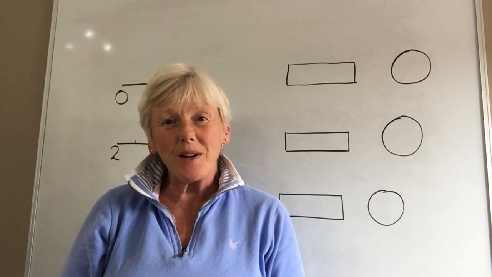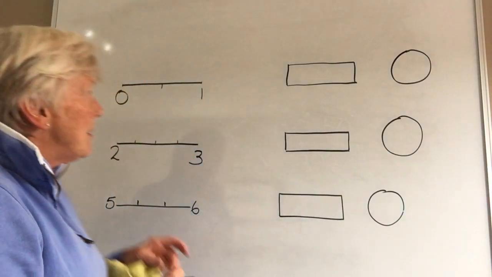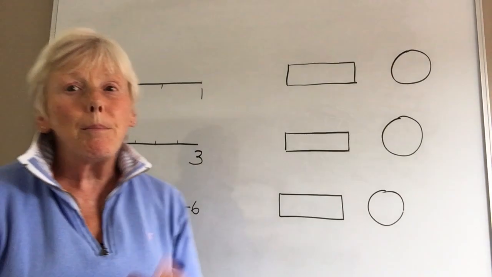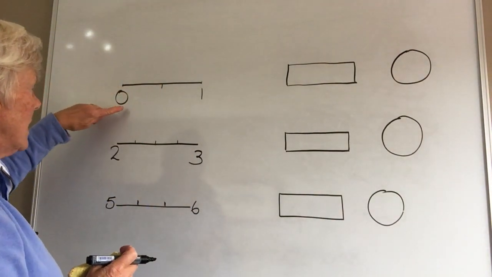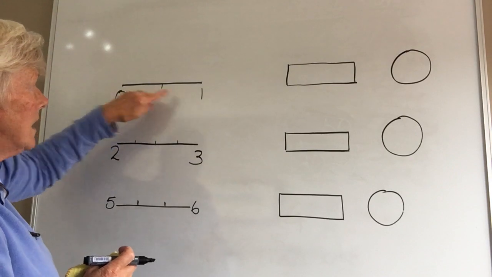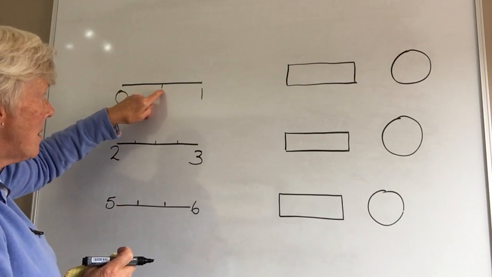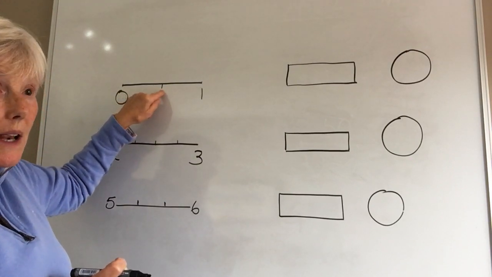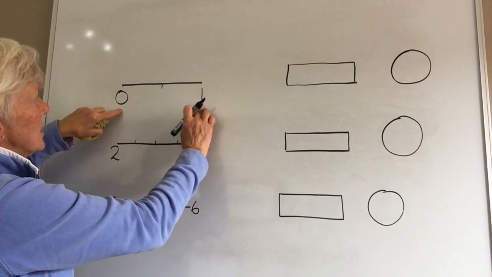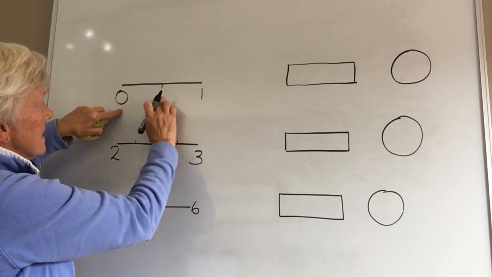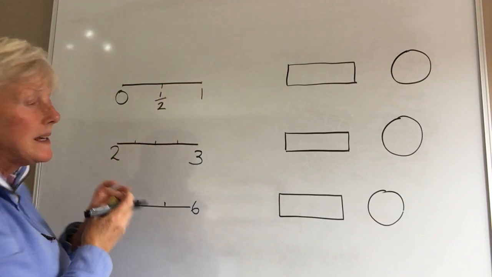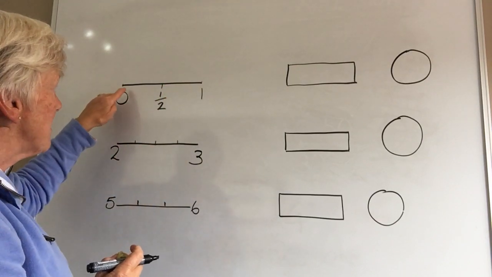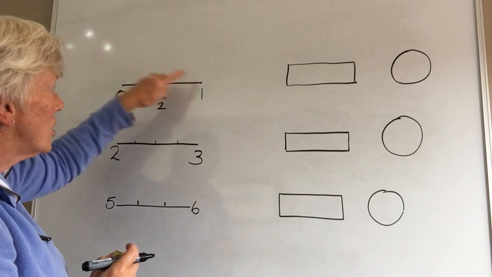So we're going to do some more work on fractions today. Remember, fractions are a bit of a number, a part of a number. So here on my number line, I've got between 0 and 1, and I've put my mark here in the middle of the line. So I've actually divided this number into two equal bits. So here, I'm going to mark that I've actually made a half, okay, because I've got 1/2, 2 halves that